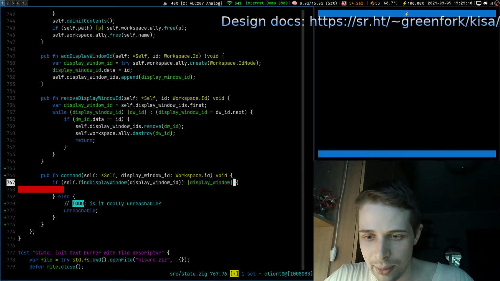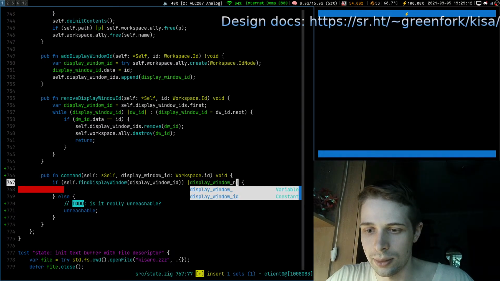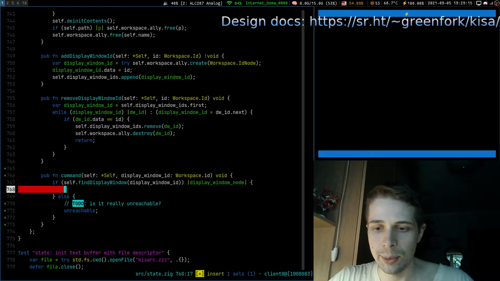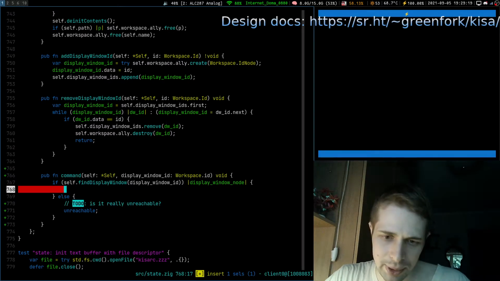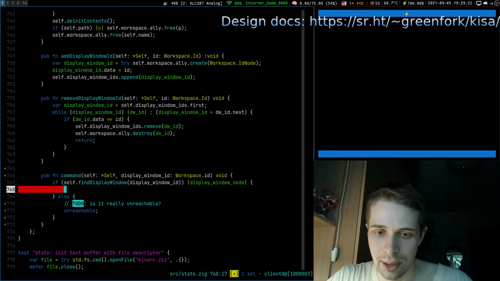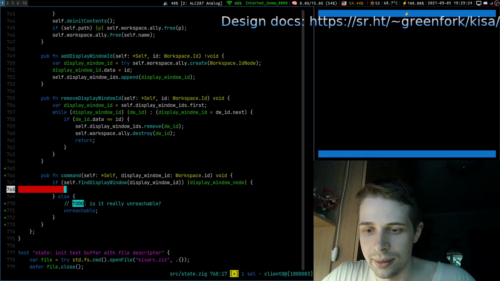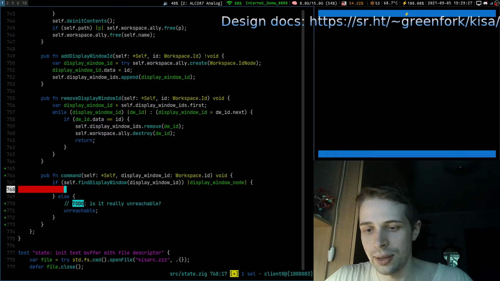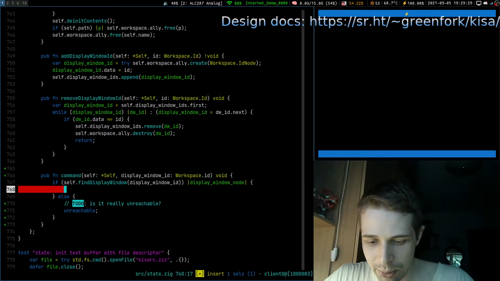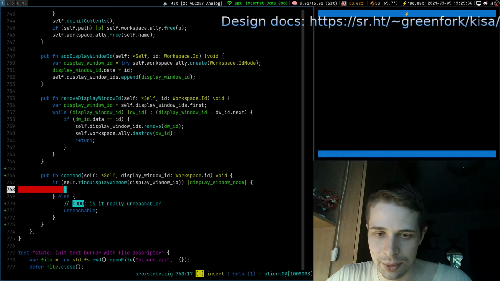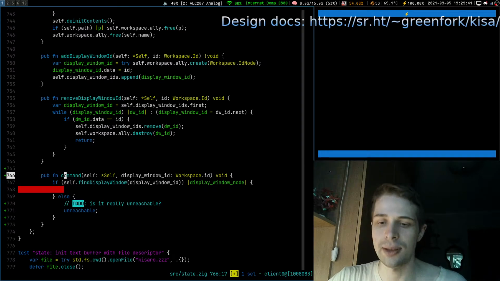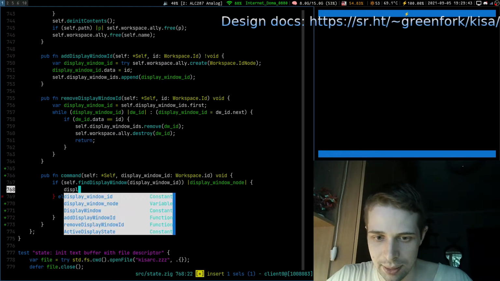We have our display window, which is actually a display window node, I believe. And we would like to get our display window. Or do we? Probably not really. We just want to change the selection. And probably it means that our commands should partially return selections. At least some of them should return selections, because we need to change it in the display window. And we'll do something like that.